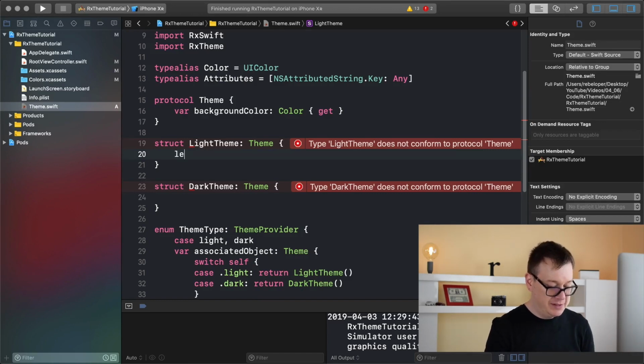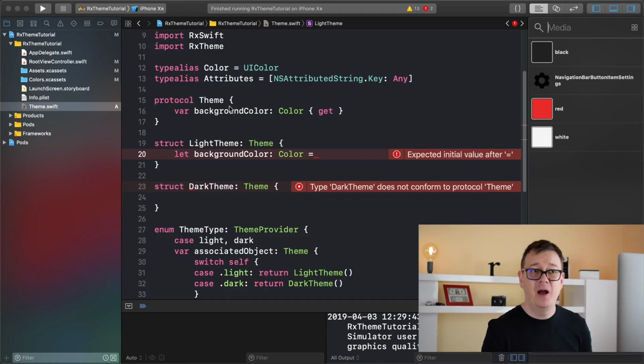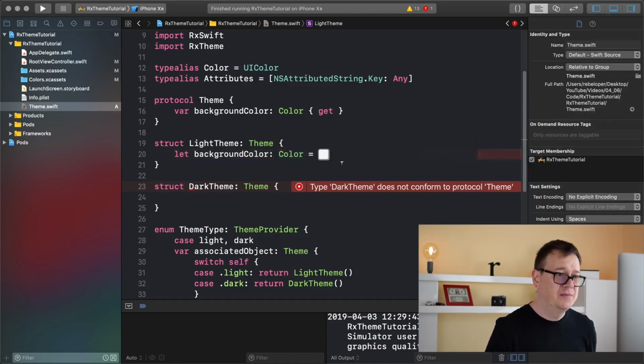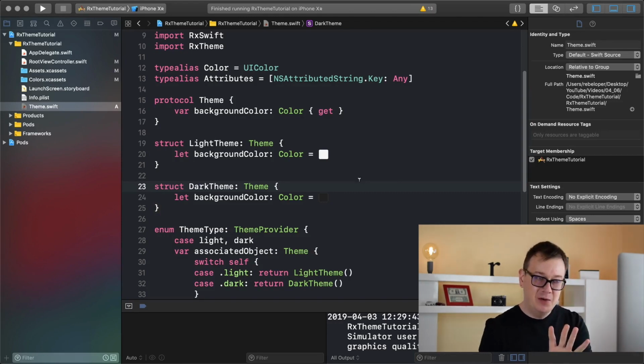So what we want to do is type in a let backgroundColor equals, hit Command Shift M now, and that will bring up the media library. And I will have for the light theme, the background color should be this white. Okay, do the same for the dark theme, but now we are going to add in with Command Shift M again our black color. Okay, now that we have the setup of our theme,